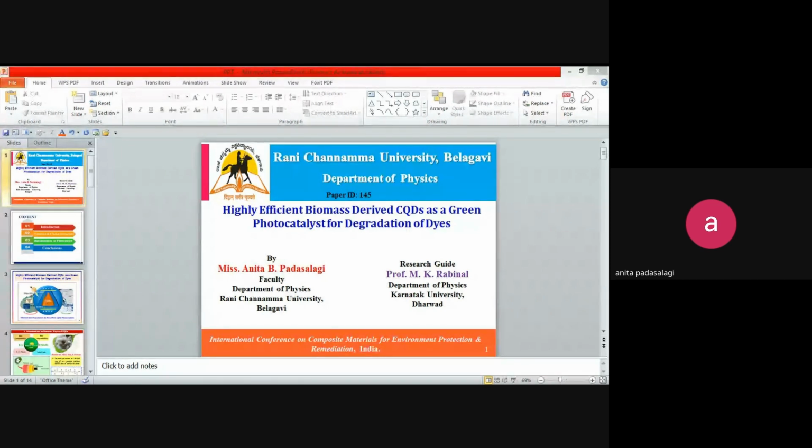So all of you know that carbon quantum dots are the new frontier in the field of the carbon nanomaterial family, which have been extensively studied since their discovery in 2004. After that, biomass-derived carbon quantum dots offer more advantages because of their biocompatibility, biodegradability, low toxicity, low cost, as well as their eco-friendliness. So in this regard,